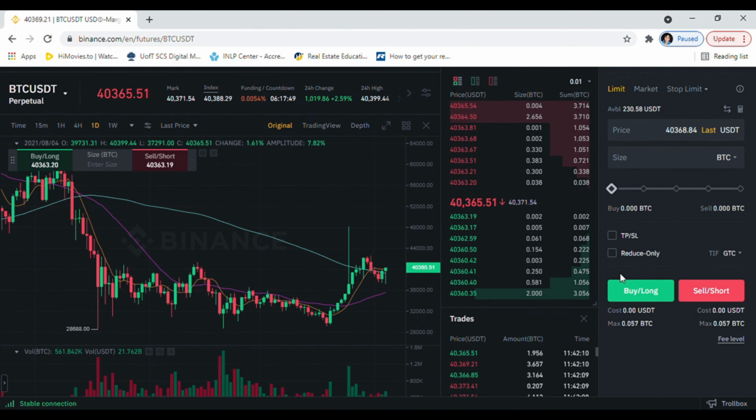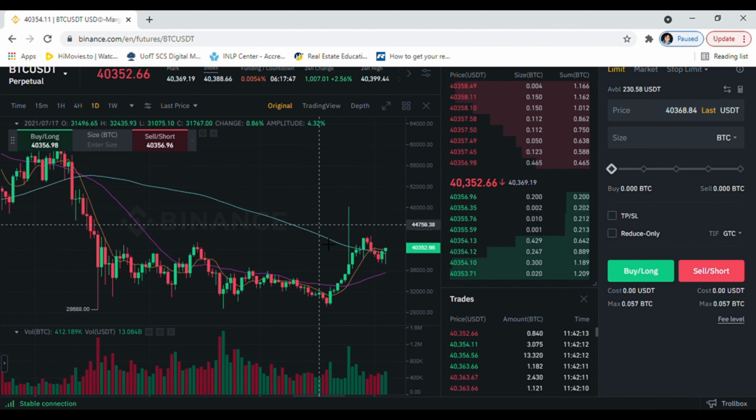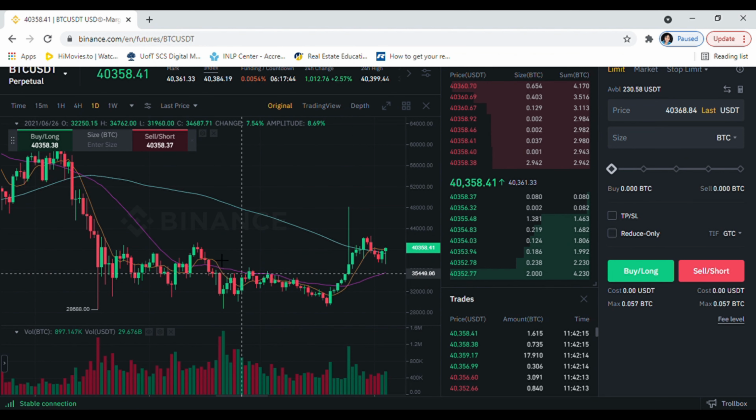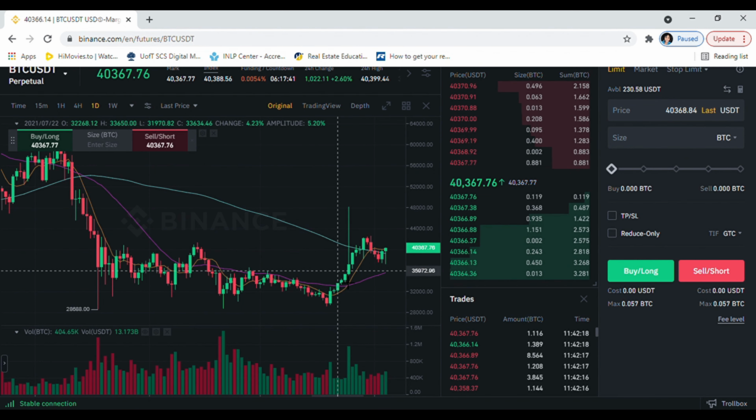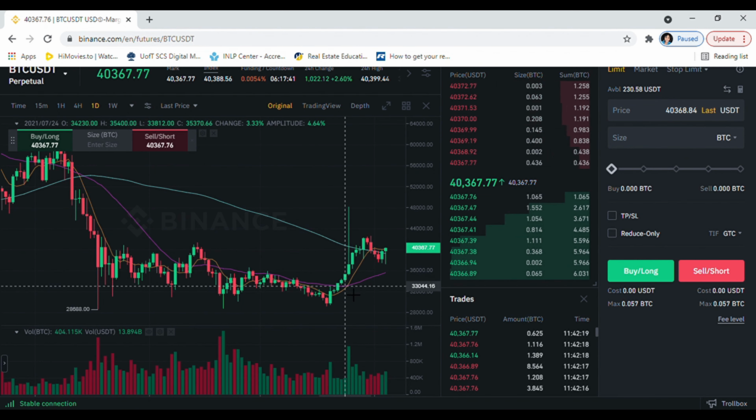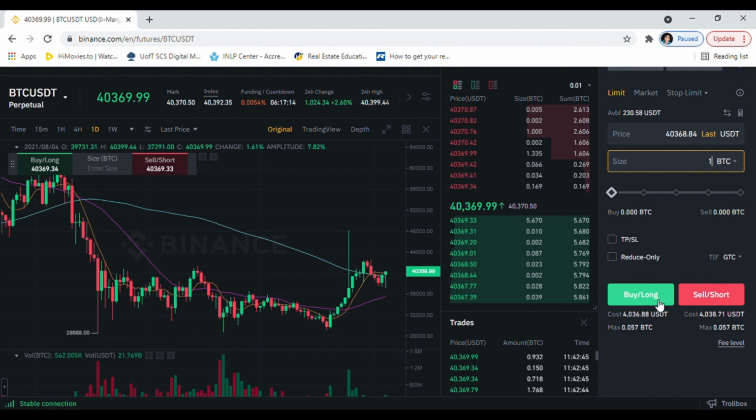Does that make sense? So let's say you did your technical analysis and you see, okay, this is what's happening. I want to enter when the price goes to here. So then you put the price target that you want to enter at where it says price, and then the amount of Bitcoin that you're going to be using. At the bottom here you see how much it's going to cost, right? So if I want to trade with 1 Bitcoin, and depending on what position I want to take, say buy long, then I would need to have